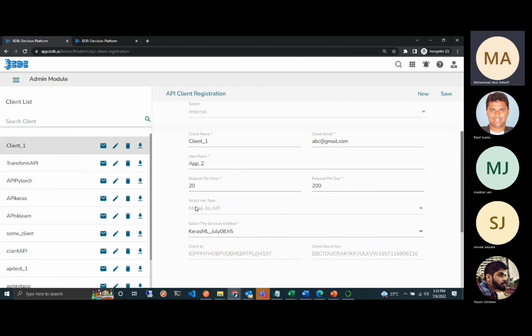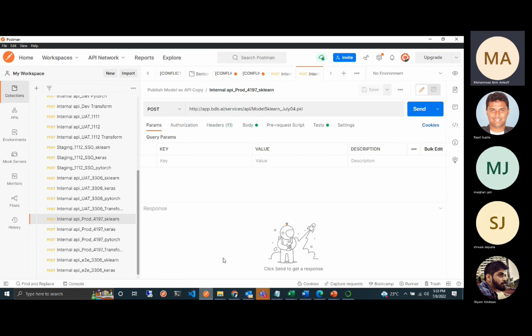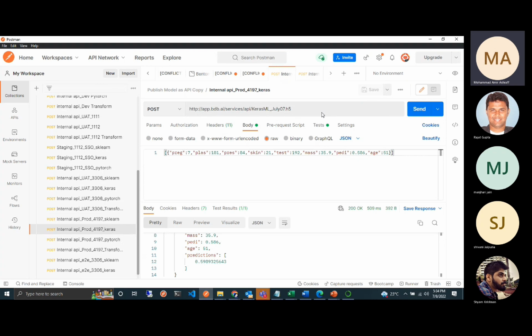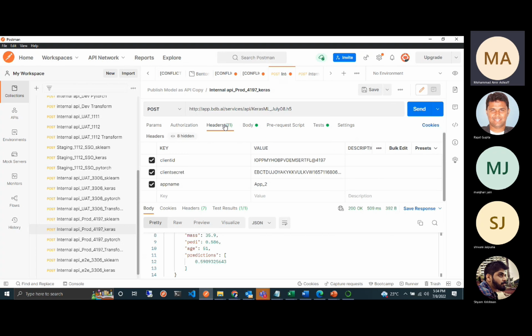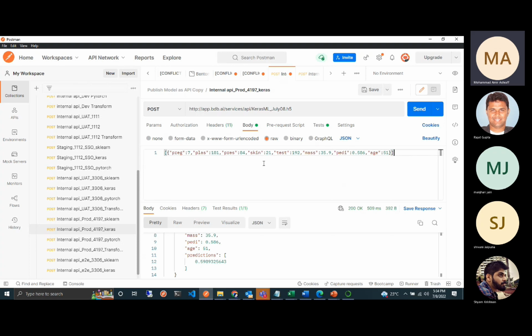So what I can do is I can now go to Postman, and in Postman I can go to this collection, and here what I can do is I can change the model name which I have saved today. And with all the other details remaining same because I'm using an already existing client with the client secret and app name, I can just make sure that the body or the input data that I'm providing is in the correct format. And once that is ascertained, I can just click on send and you can see that I got